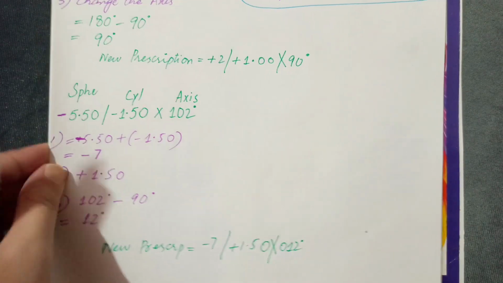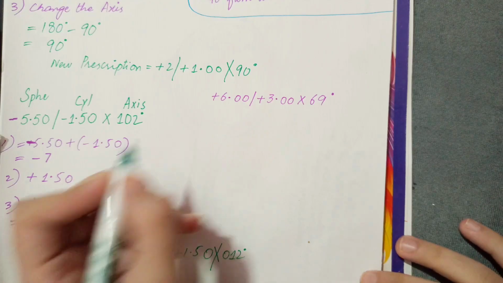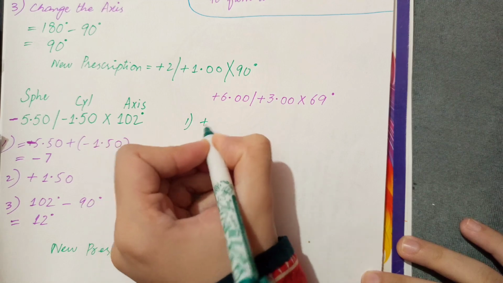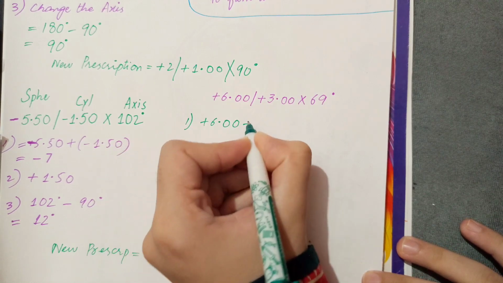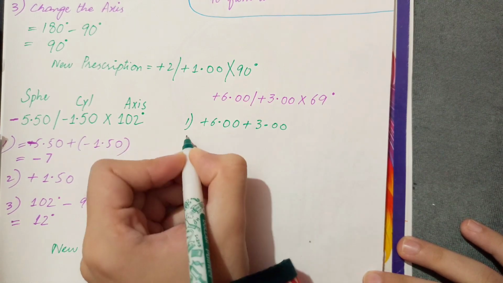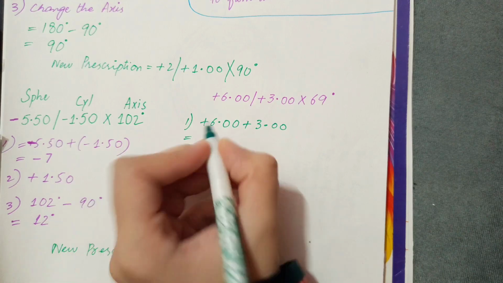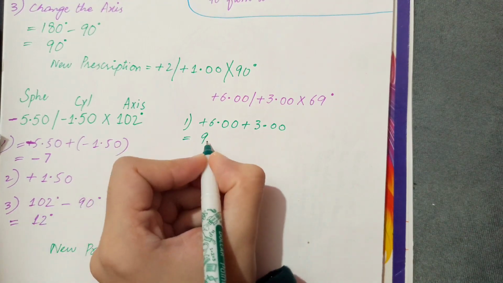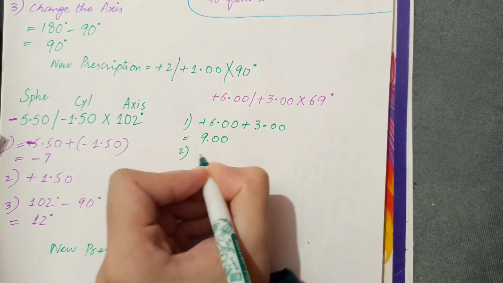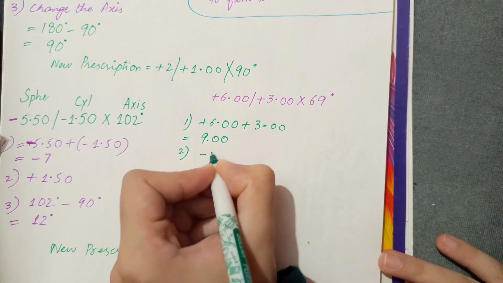Let's do another example here. Let's simply follow the same steps: add the sphere and cylinder, and what we are left with is that the sphere will be 9. The second step is change the sign of cylinder, so it will be minus